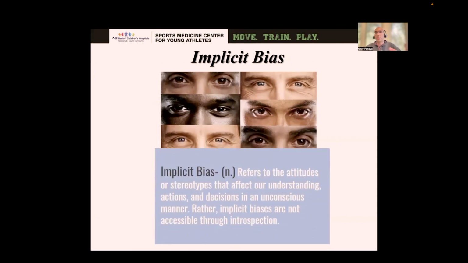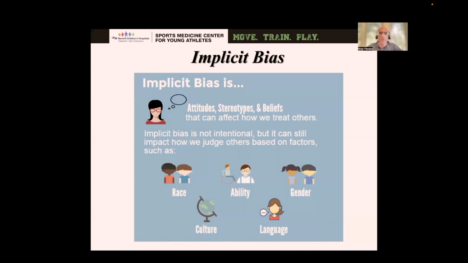A lot of it has to do with implicit bias, which many of you understand, but the actual definition is that it refers to the attitudes or stereotypes that affect our understanding, actions, and decisions in an unconscious manner. Rather, implicit biases are not accessible through introspection. So you can see how your feelings non-consciously about race, ability, gender, culture, language can basically impact the care that